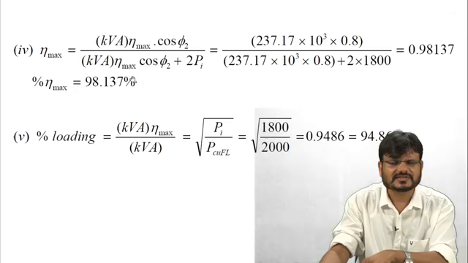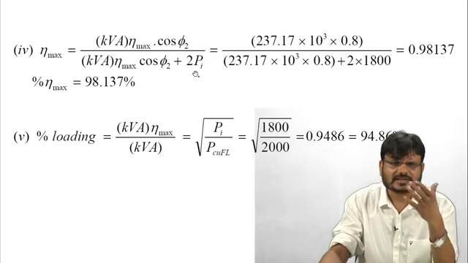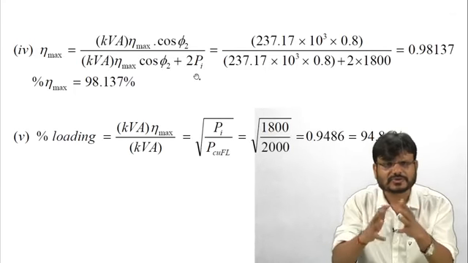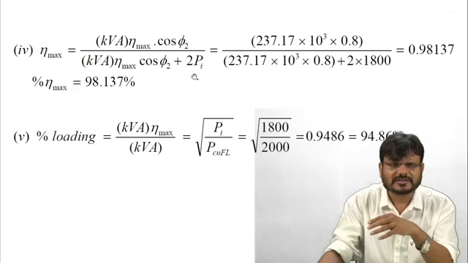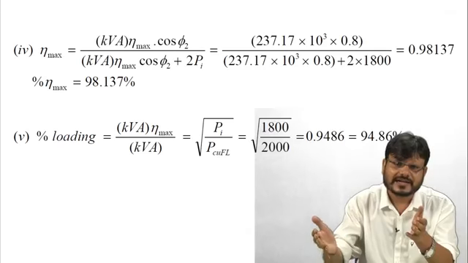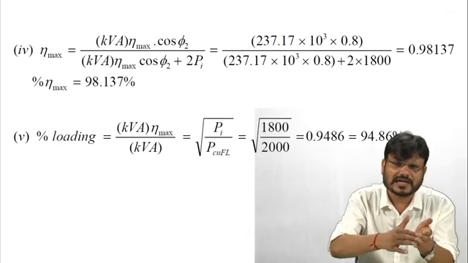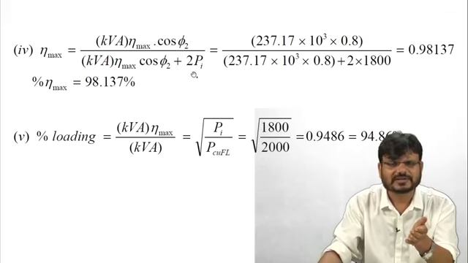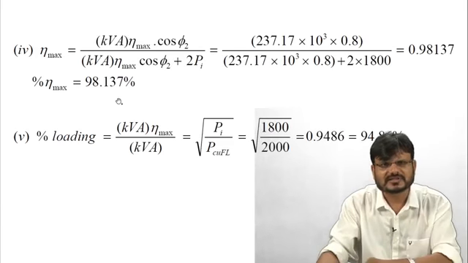Maximum efficiency can be calculated by this formula. At the time of maximum efficiency, copper losses are equal to iron losses. So here you have to note that you cannot write 2 Pcu; what you write here is 2 Pi, because you have to adjust copper loss equal to iron loss. So here you are writing 2 Pi. So here the efficiency is coming